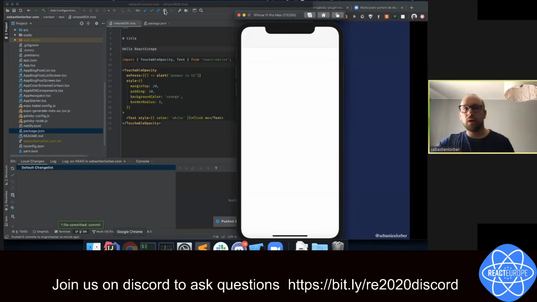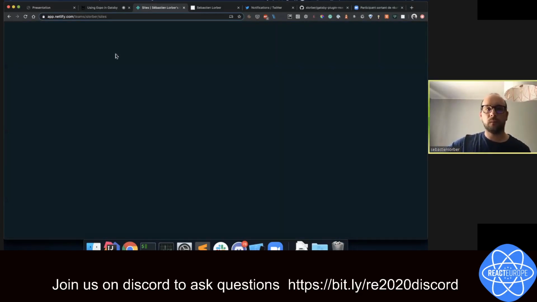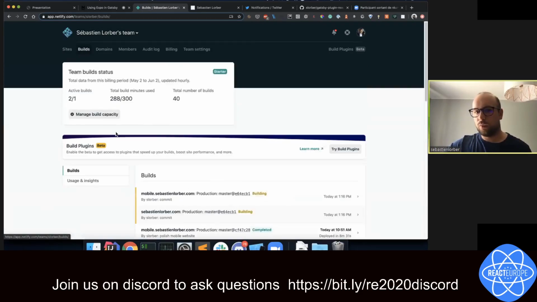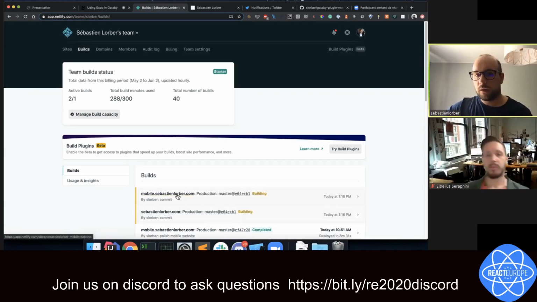So when I did the commit, Netlify will build my Gatsby website. But there is also a nice thing: Expo is able to export your mobile applications to web. So basically, my commit permits to deploy 3 applications.